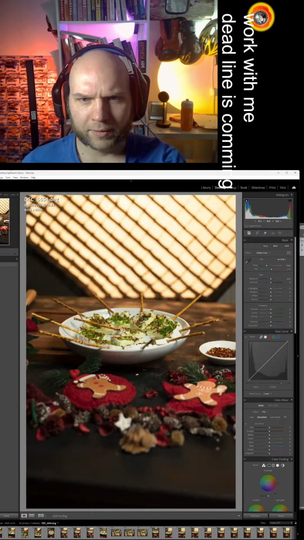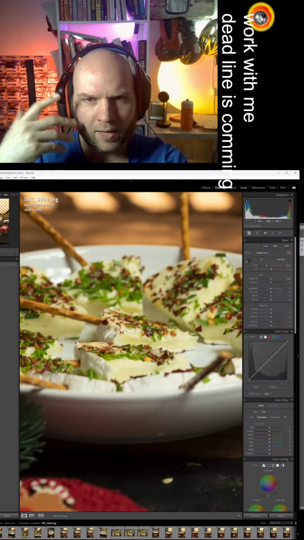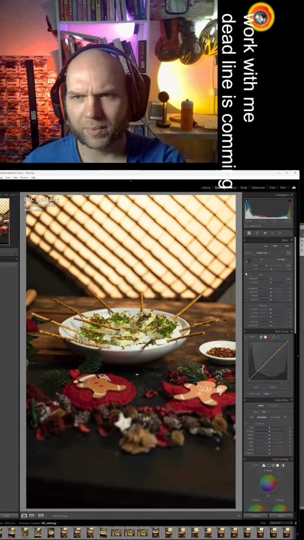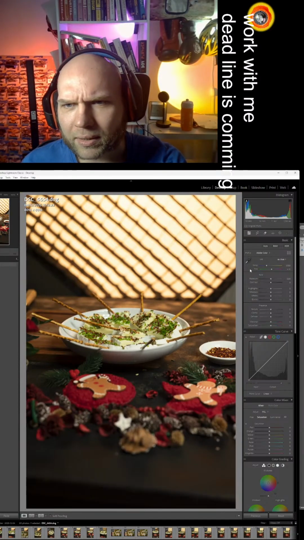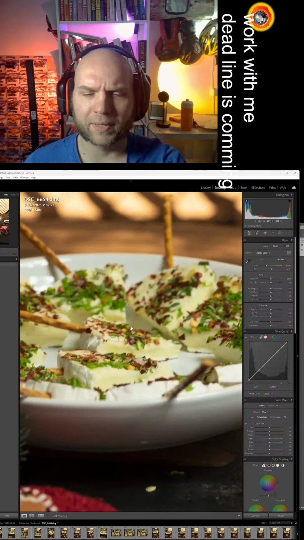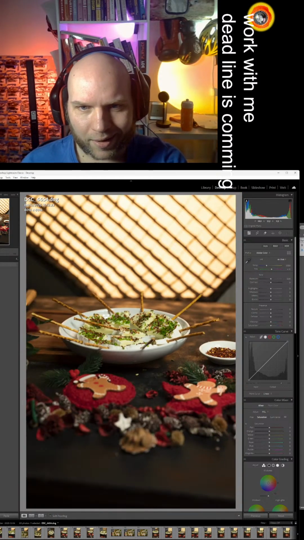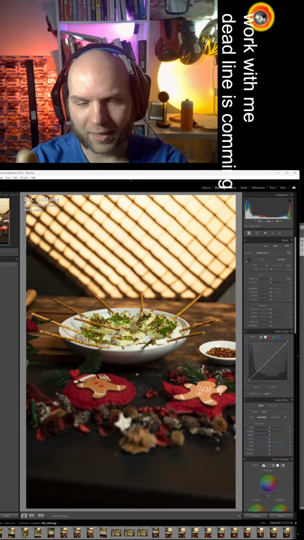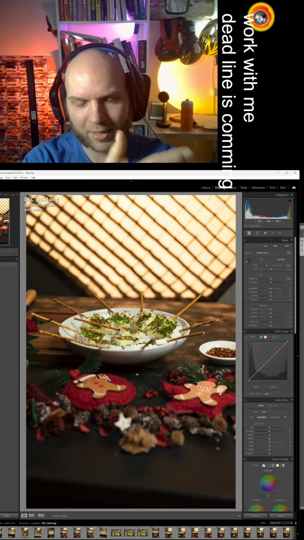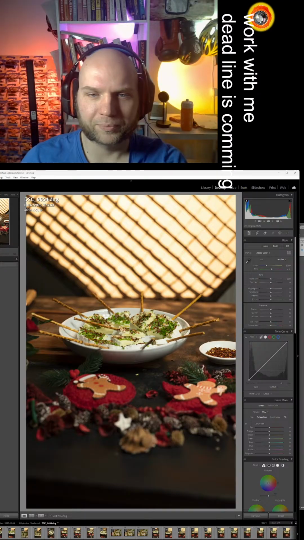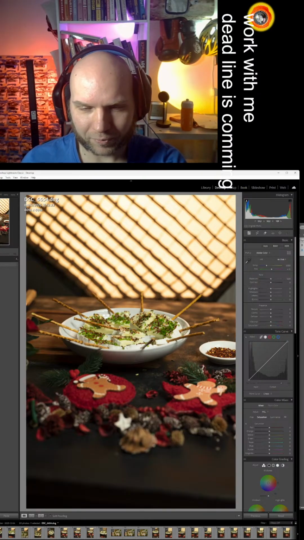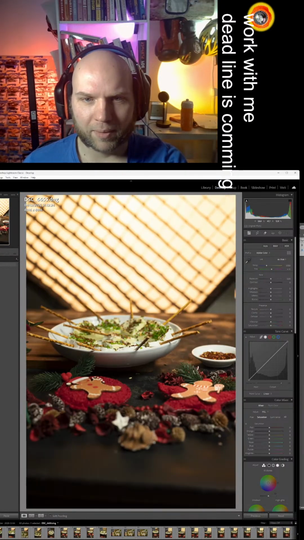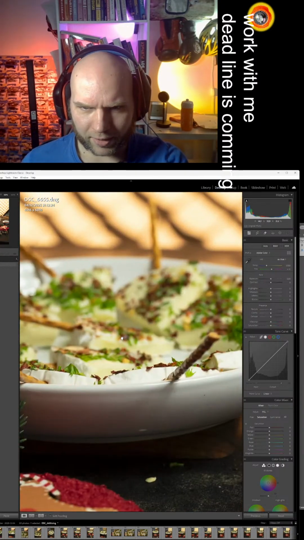Okay, first one. Focus point is important. As you can see, there is no focus point here, I don't know why. If you use a photo like this on social media, then you can use it, no problem. It's not 100% sharp, but you can use it. But let's check it.